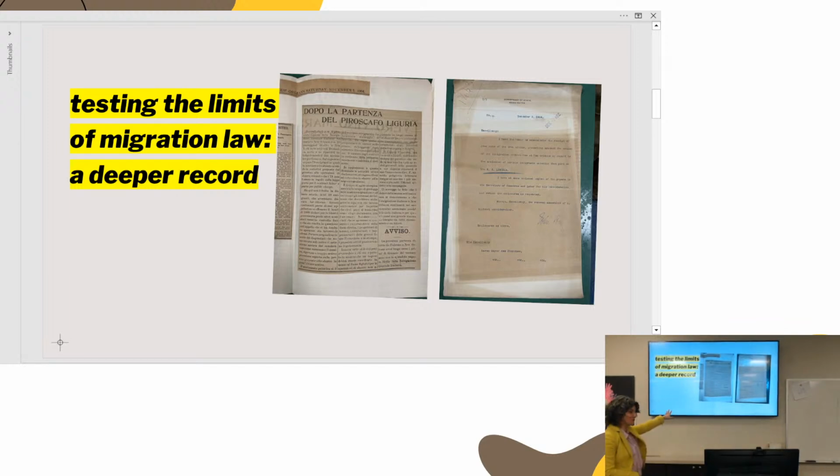So if we look at the newspaper on the left, it's from an Italian language newspaper published in New Orleans. Again, a rich resource that's not well preserved. On the left, that headline says after the arrival of the ship Liguria, and then it's got a warning in the corner telling us about what's going to be the next ship to leave. So on the one hand, the letter between the ambassador and his equivalent, the Secretary of State, is pretty dry. It's not very exciting, with the language in it.